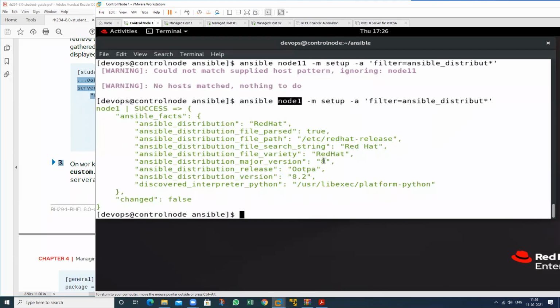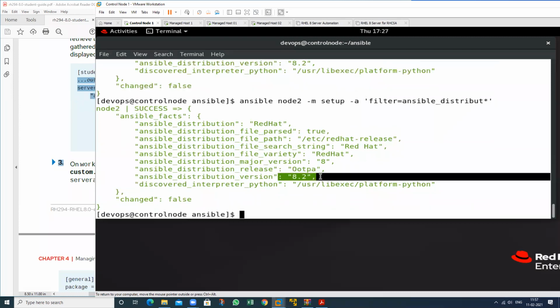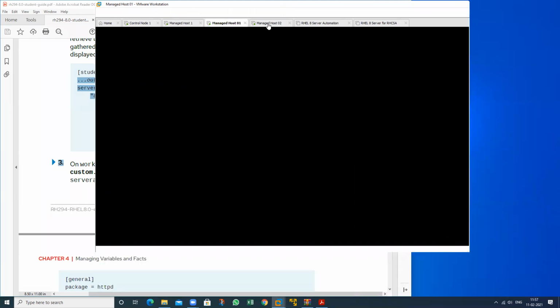So we have version this, but distribution version is, major version is. So we have a difference, major version and distribution. Check node 2 also. See, same. So we have two types of. So in this we have 8.0, in this we have 8.2, in this we have also 8.2. So this is the concept.